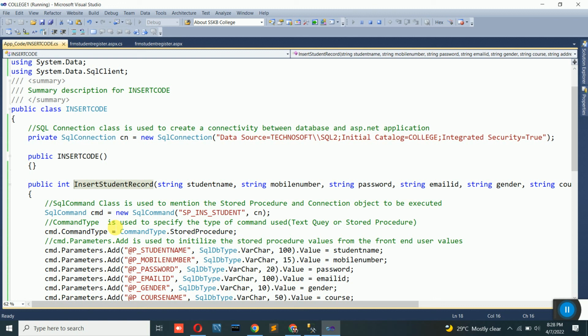Because I don't want to hurry up the things, especially in these classes. Okay, and I want you people to practice it daily, one operation per day, not more than that. Like today I have explained how we put the data in another CS page and execute the code from there. In tomorrow's class we will concentrate on how to retrieve that data. When we have stored the data in the database, how do we retrieve that data and display it to the user on the web page. So that concept we will be concentrating on in tomorrow's class. Okay, what I want you people to do is, of course,